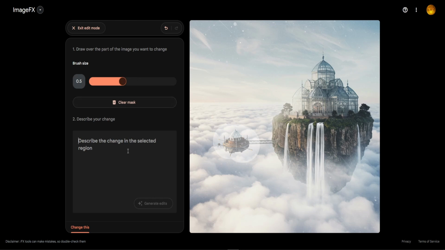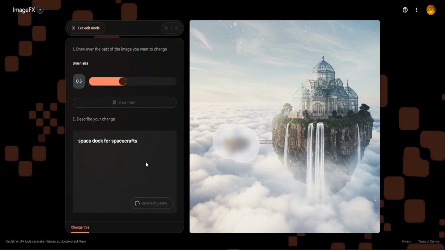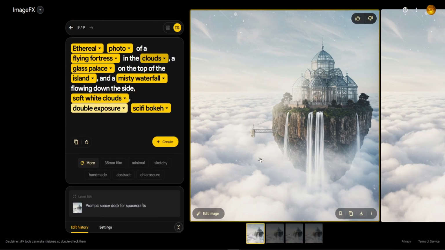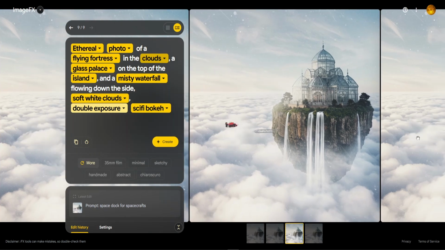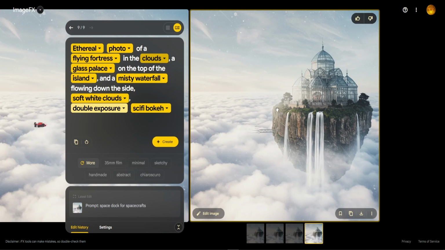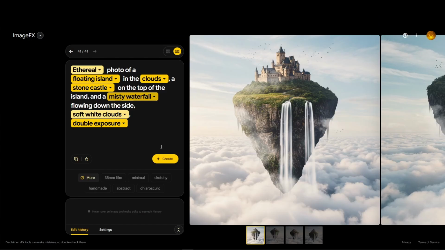So here you can say space dock for spacecrafts. Not super. Let's see what happens. So what happened? Nothing. It just removed it. But it also generated 4 new images. It completely removed it, and then it added this spaceship, but there's no dock. It just removed it. So just continuing after the edit mode, I had to stop the recording, but